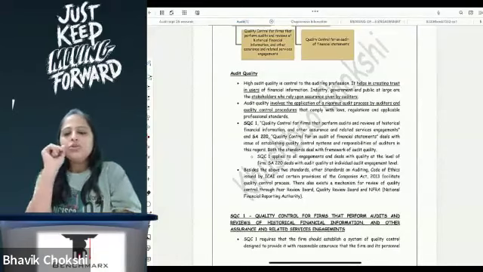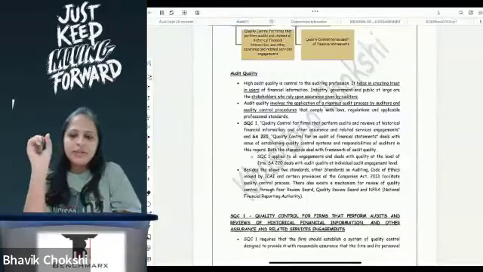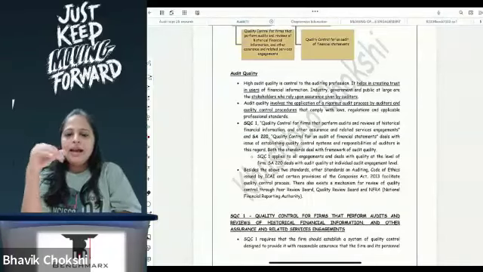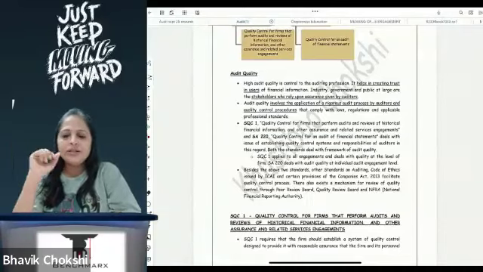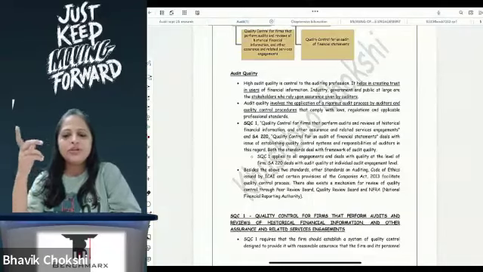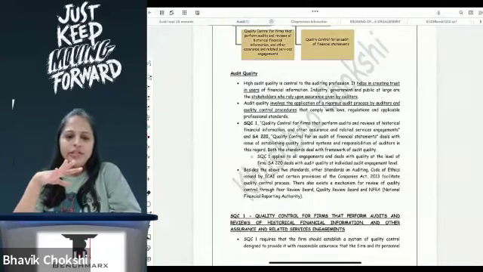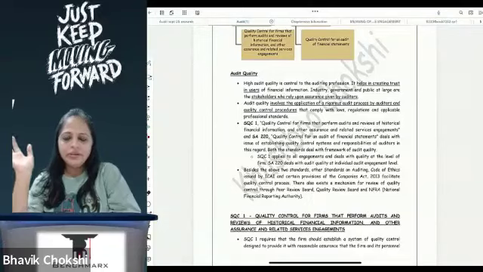So you read the textbook that is given to you, read through the notes, and then keep revising the notes as and when you're free. If you're studying some other subject, say for example AFM, and at night you have half an hour, glance through the notes of one chapter. So there's a quick revision of what we have already done, and that will help you remember it till the very end, okay?